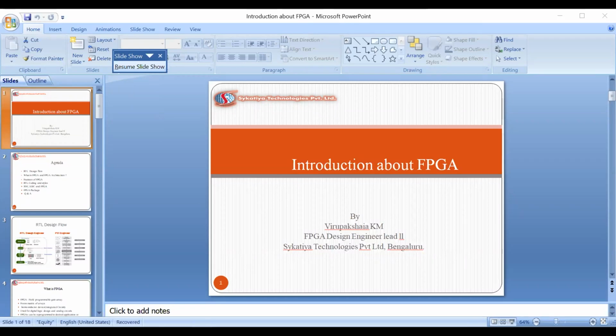So this is VHDL and Verilog. You can see here the difference between VHDL and Verilog. So VHDL and Verilog is nothing but, so here